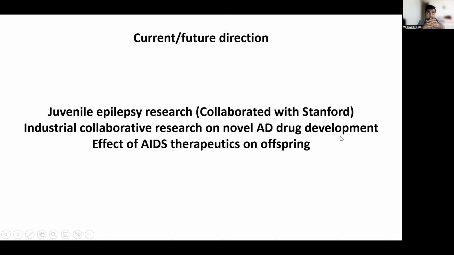But the potentials are unlimited, because from these cultures and these techniques you can get the synaptic activity, you can get mitochondrial activity, and you can use omics to get all of the proteins inside them. We are also extending this method to AIDS research, because we recently found out that the AIDS therapeutics, CAR-T, actually produces autism and intelligence deficiencies. So these are a few projects I'm also working on right now.